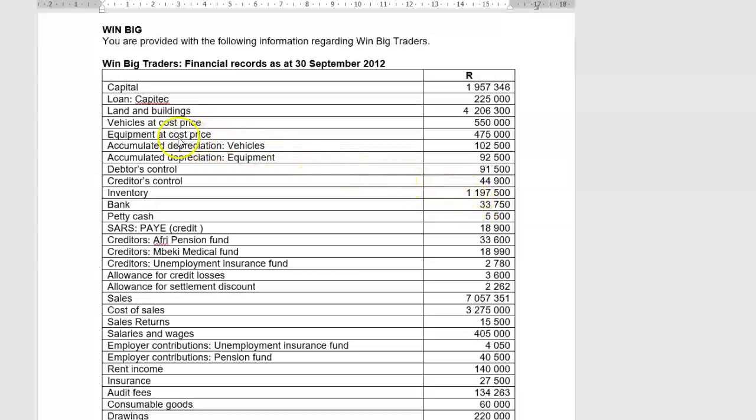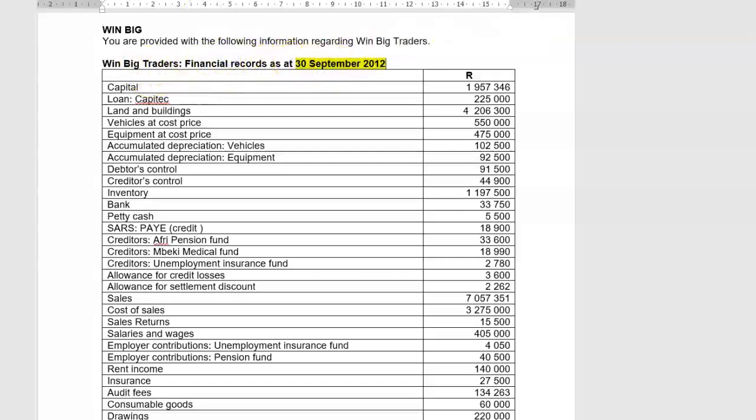Good guys, this is one of the first questions that we're going to do, where we're going to pull everything that we've done this semester together in one question. And usually these questions are either financial statement questions, or we're going to do incomplete records a little bit later on after this subject. And there you will see that everything starts to make sense, what we've done during this semester. So you are provided with the following information regarding Win Big Traders, the financial records as at